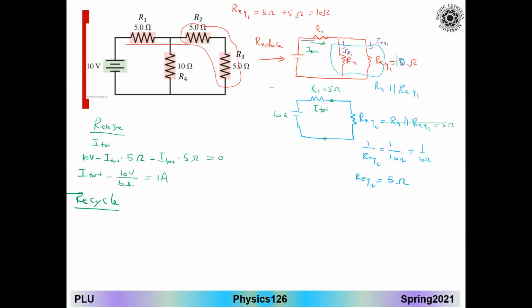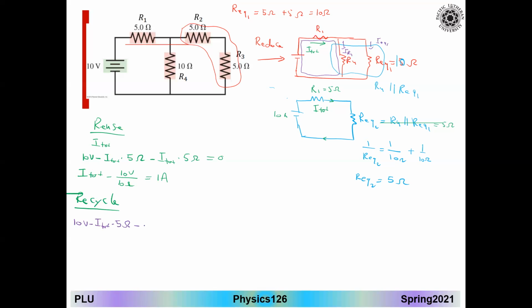I'm gonna use the Kirchhoff law in this loop here, as we did in the previous one. Let's start to type it. Here is the 10 volt minus what I have, R1 times I total. So here is the I total times R1, it will be 5 ohms, minus, in this particular branch, I have I R4 times R4, with R4